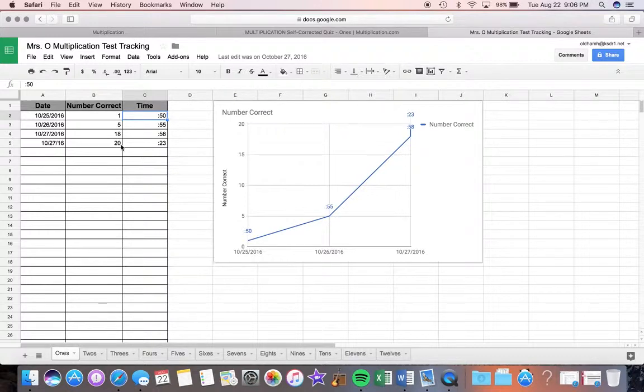But you can see as the student progresses, the line goes up. As the seconds progress, the line will match with that as well. And so each student can go through all the way up to their 12s, and especially when they get to their 12s, this number correct will be very low and they'll get better and better and better at it. And it's really exciting for them to see their chart grow higher and higher as they get better at their